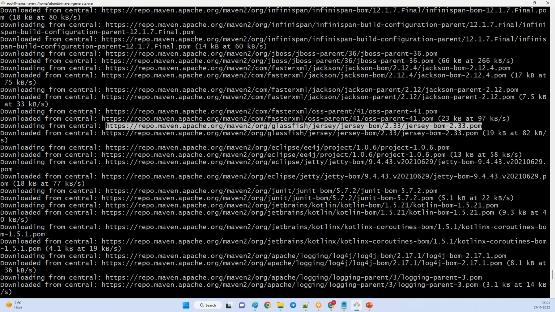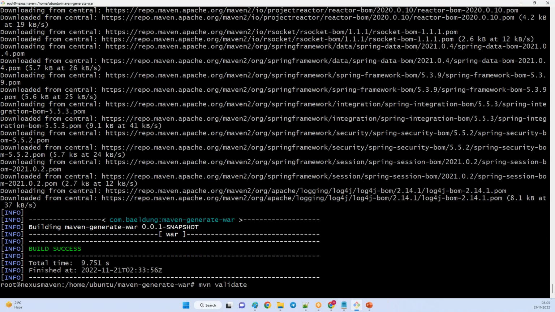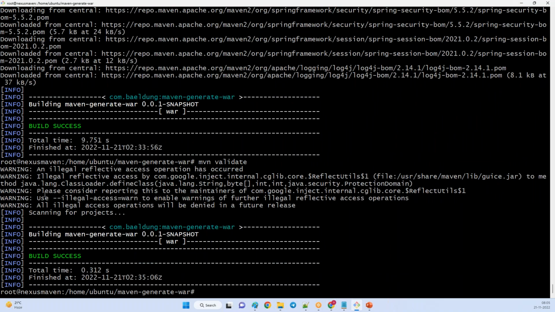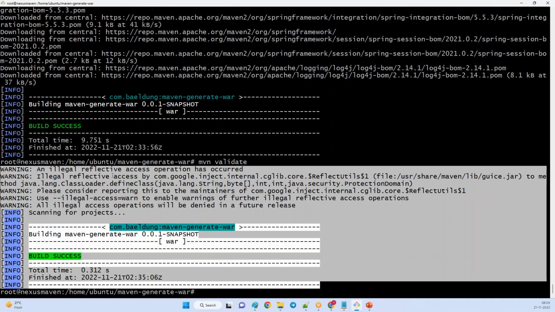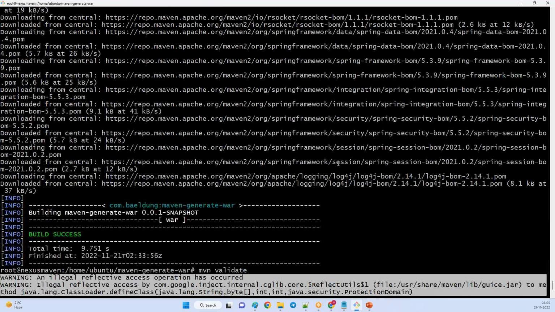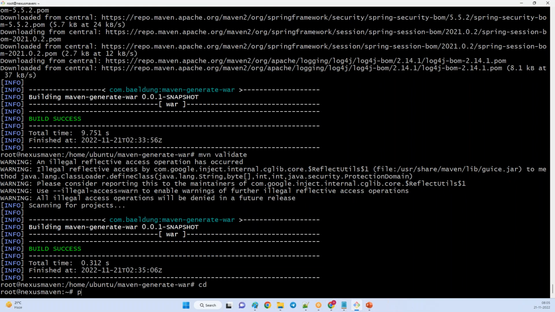So to which location did you download all this? You download it to the Maven location. Let me run it again. If you run mvn validate again, does it download the things? No, it goes directly to success. Why? Because all these things were downloaded to your system level. Which location? It will be under the .m2 folder inside your user home directory.